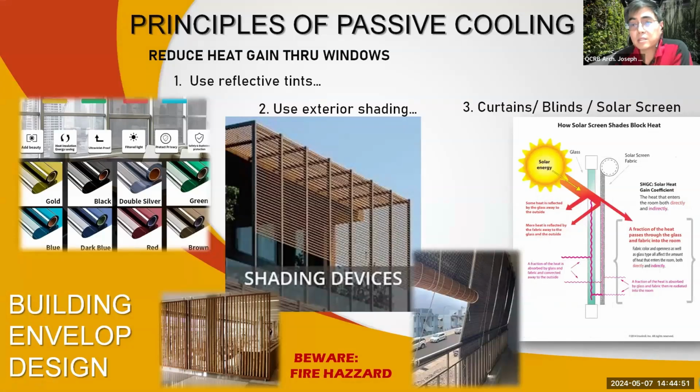Curtains or blinds, solar screens can also reduce the heat gain through windows. Although the downside with the curtains is by the time it hits the curtain and the curtain reflects some of the light and the heat, nakapasok na yung heat sa bahay mo. So some of that heat that entered into your window and entered into your curtain, when the curtain reflects back the